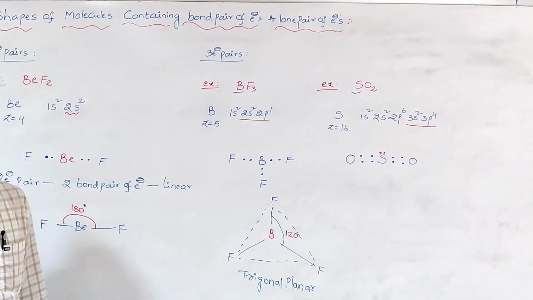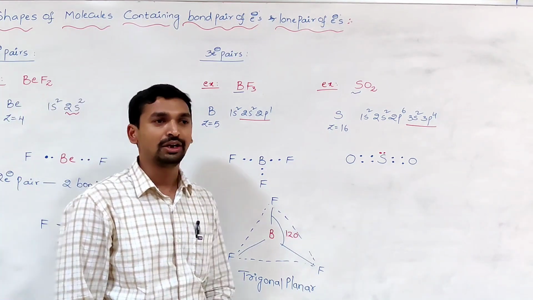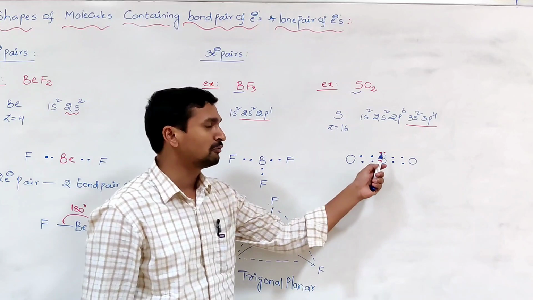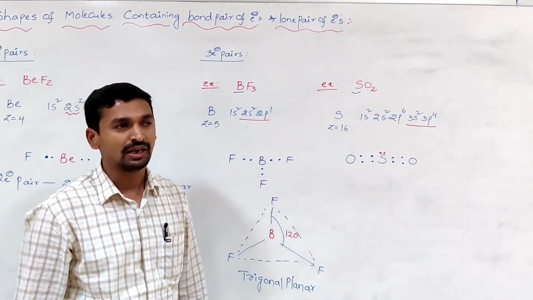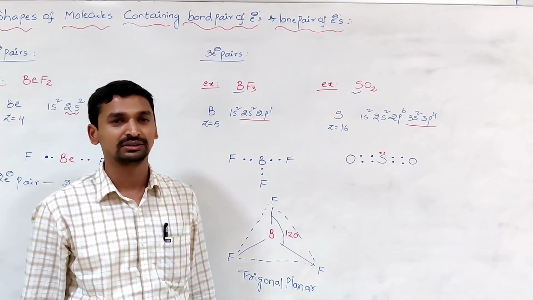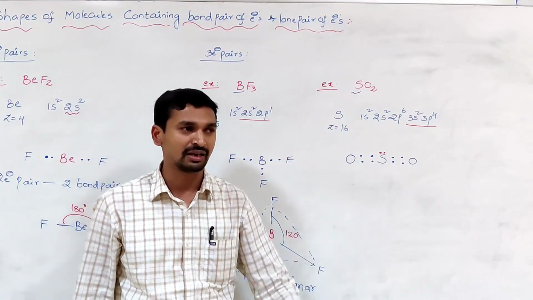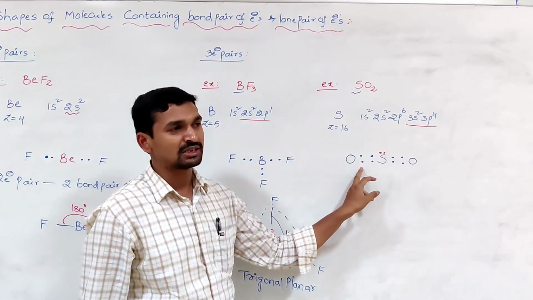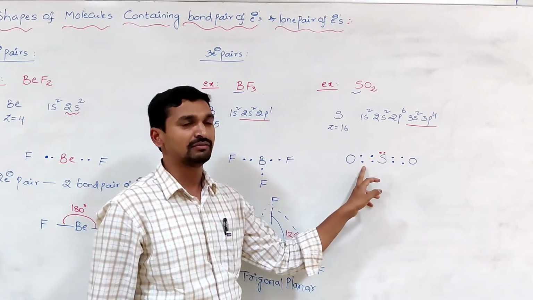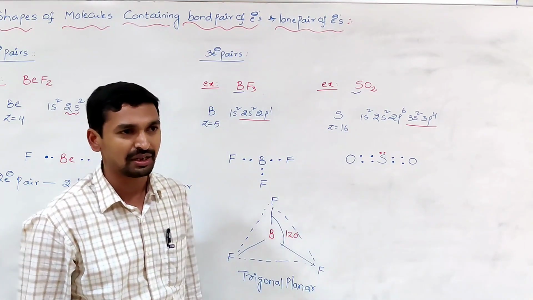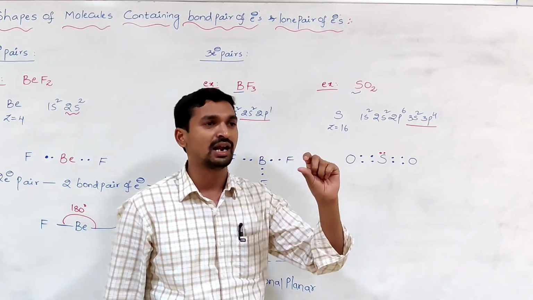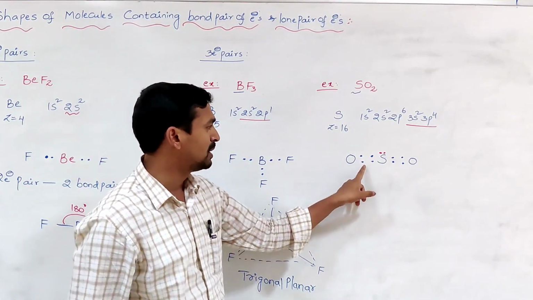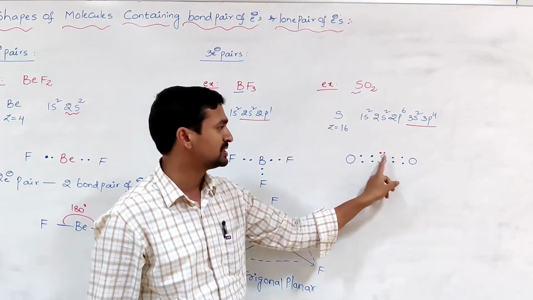You know very well, according to the valence shell electron pair repulsion theory, the presence of a lone pair of electrons in addition to bond pairs of electrons distorts the regular geometry. Generally, one more principle also needs to be applied here. According to the theory, multiple bonded electrons are always treated as a single pair of electrons. Here, multiple bond formation is involved.